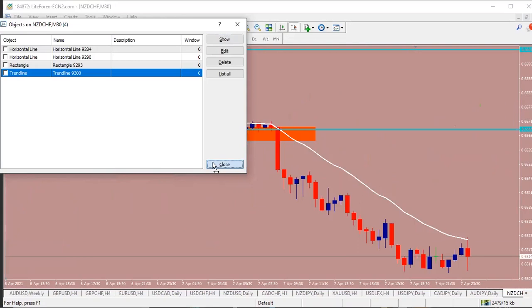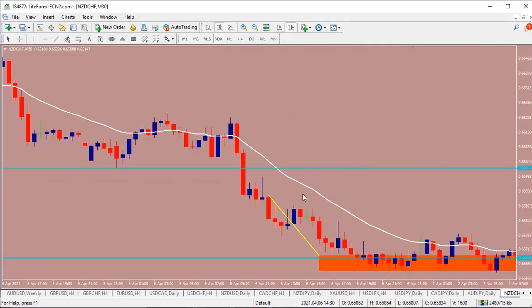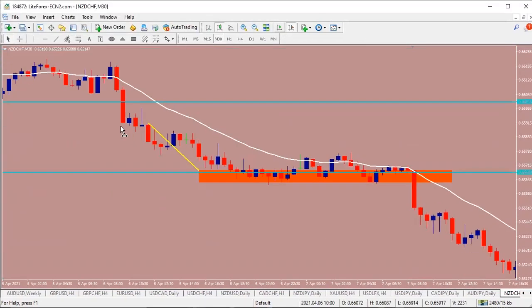Now look at the 30 minutes. This is the place. This is the 2-bar region, right? The 2 bars I drew in 4 hours. Can you see? Yes. Now I will simply wait for what? A retracement. Since I have a breakout from 30 minutes here, this is about a 30 minutes breakout. Did you see? Yes. I will now go to the 5 minutes time frame to look for my entry at